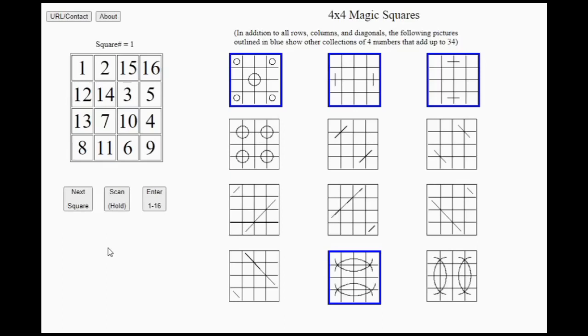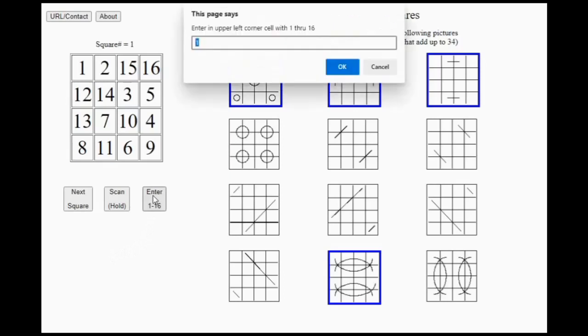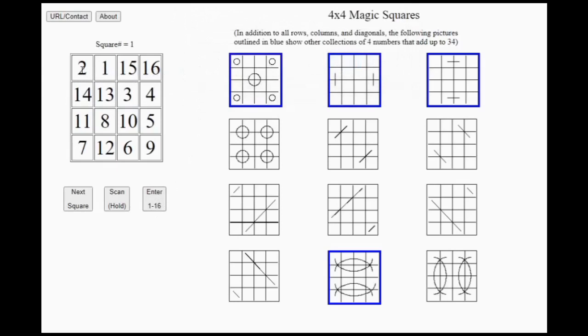of them. Now let's take a look at all the squares with 2 in the upper left hand corner. So to do that, we click enter 1 to 16 and enter a 2, and that will place a 2 in the upper left hand corner. And square number 1, here we see this is the first square that the program lists with 2 in the upper left hand corner. And we can play the same game